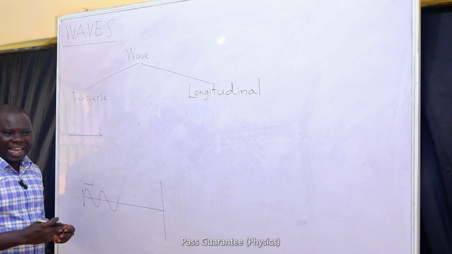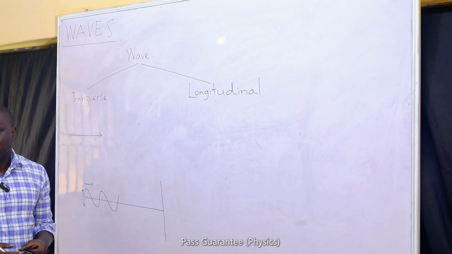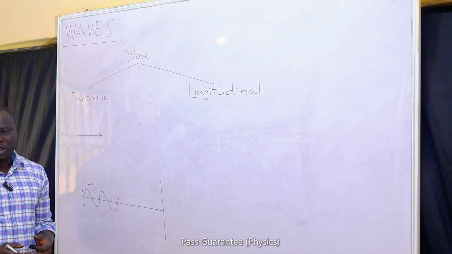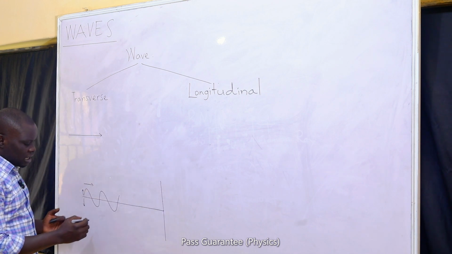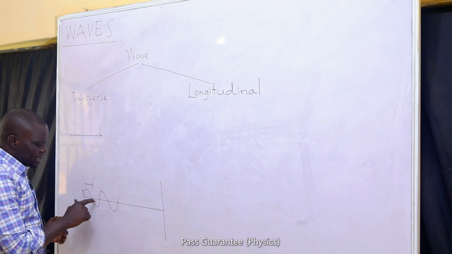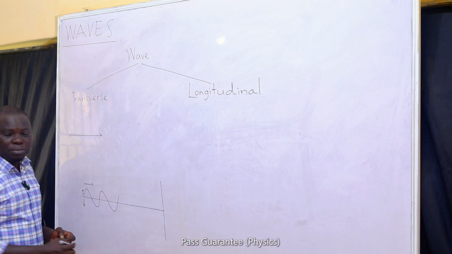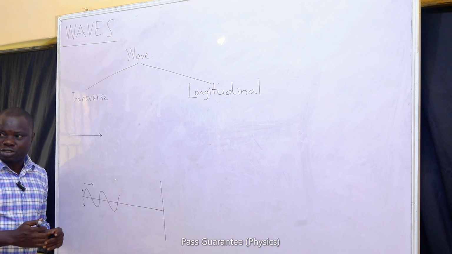Now that we know that anytime a wave is being propagated through a medium, the medium too will have to experience some form of vibration. The vibration of the medium also has a direction. For example, if I need to know the vibration of this medium, all I need to know is how the particles of this medium are moving as each wave pulse passes through them.